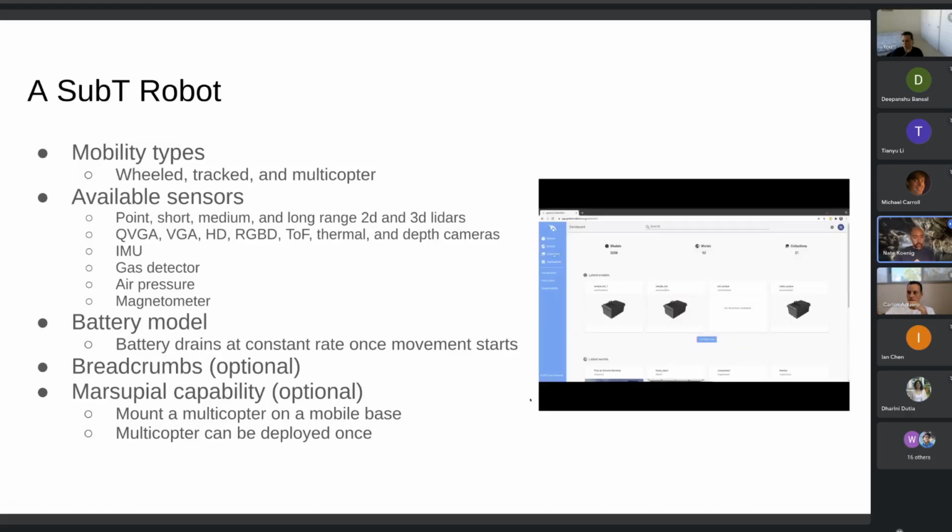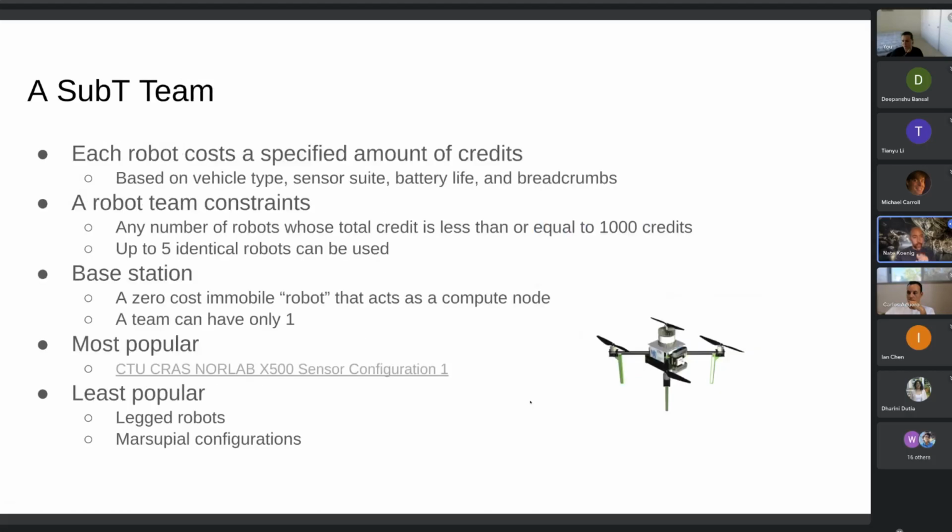All right, moving on. So a team would consist of multiple robots, and each robot had a particular amount of credits associated with it, which was a reflection of the robot's capabilities. So this was meant to force teams to choose carefully which robots were part of their team, and also limit the size of the teams so that we wouldn't be launching hundreds of AWS instances just to simulate